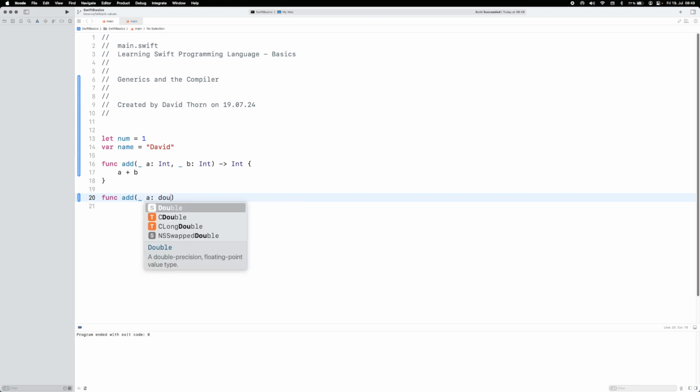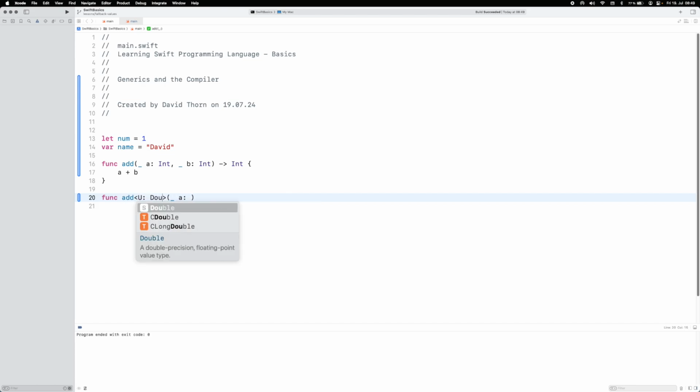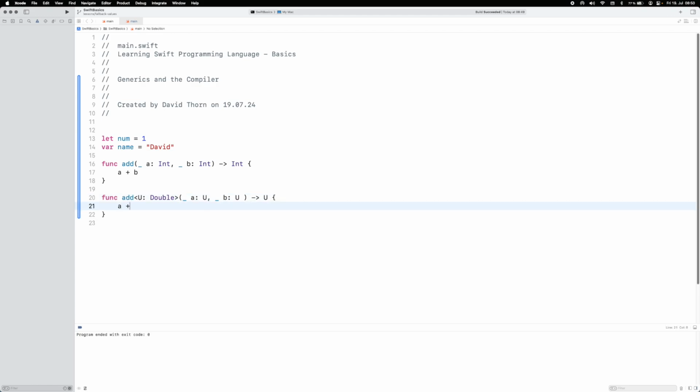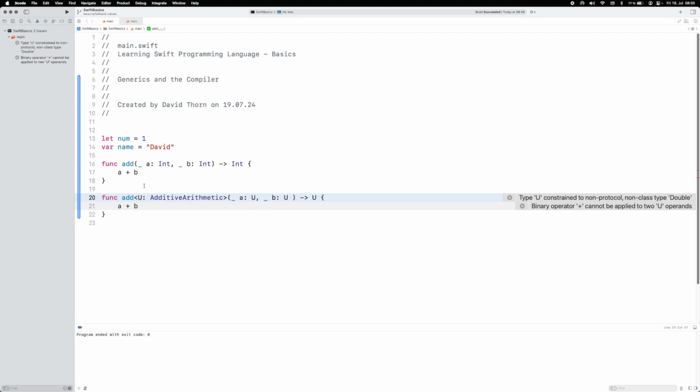So we could come here and say double, and we've also done generics as well. So we could then just say add, and then we could say then double here. This would be absolutely pointless because we are literally just writing the same function here and just doing u and returning u. This is not generics, even though this double is not a protocol, right? It needs to be a protocol, and so you can't constrain it with a concrete type. So here we can say additive arithmetic here